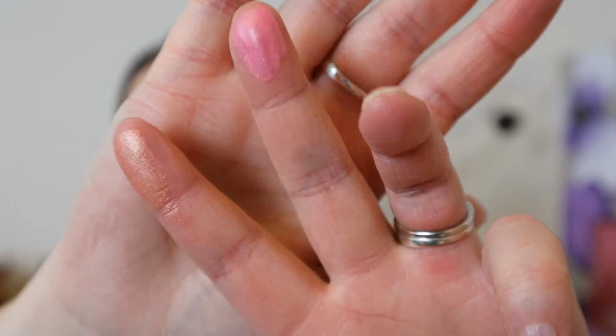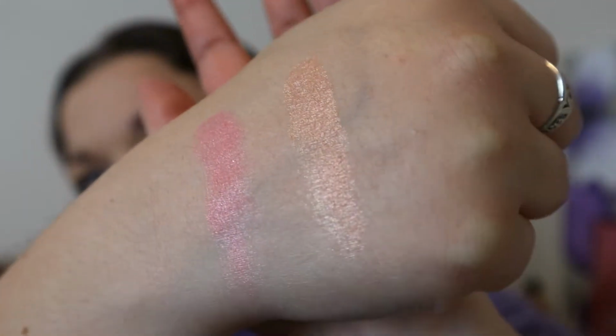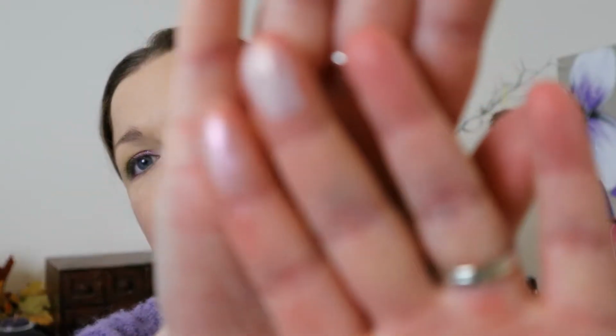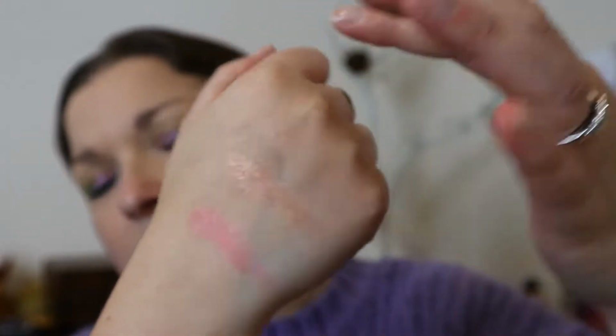So we've got this one and this one. So that's those. So they're lovely and shiny. And we've got 1 and 2 on there. So that's those. Oh, they're pretty. And then we've got this one and this one. Oh, they just feel so soft. And that is what they look like. And then we've got, oh, should have put those a bit closer together. So we've got